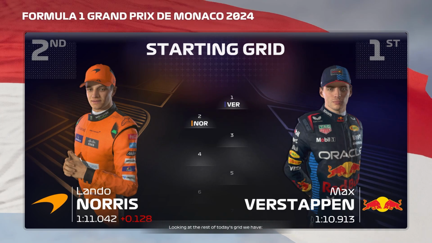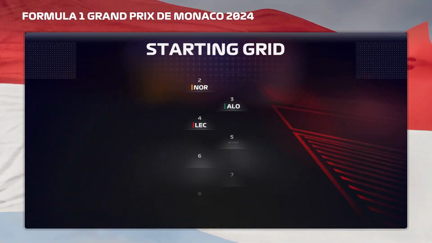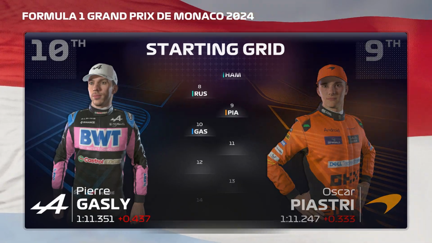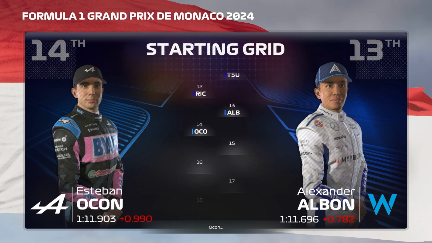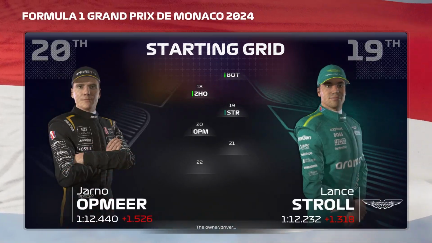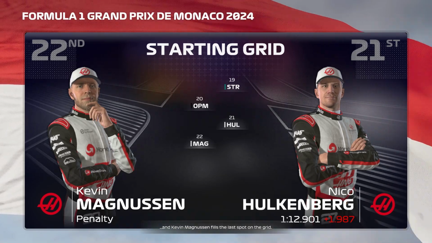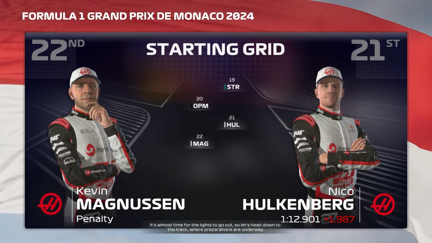Looking at the rest of today's grid, we have Fernando Alonso, Leclerc, Sainz, Perez, Hamilton, Russell, Oscar Piastri, Gasly, Tsunoda, Ricciardo, Albon, Ocon, Brown, Sargent, Bottas, Joe, Stroll, the owner driver, Hülkenberg, and Kevin Magnussen fills the last spot on the grid. It's almost time for the lights to go out, so let's head down to the track where preparations